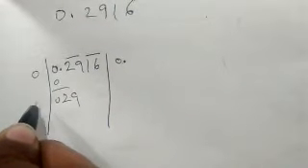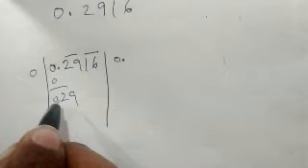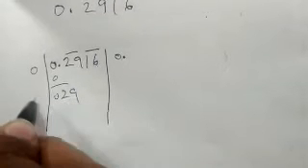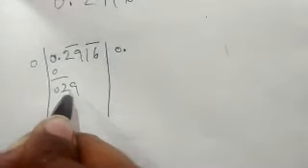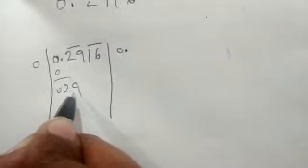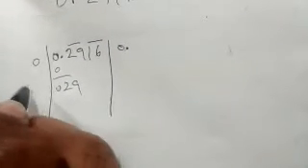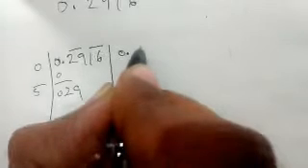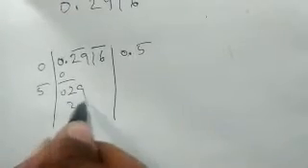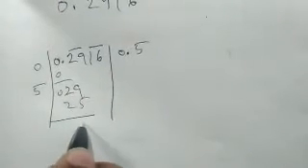Say for example, 2 2 is 4. Okay, 3 3 is 9. No, this is a huge difference. 4 4 is 16. No, 5 5 is 25. So 6 6 is 36. Okay, we are not going for 6. So we have to take 5 5 is 25. So what is the remaining is 4.